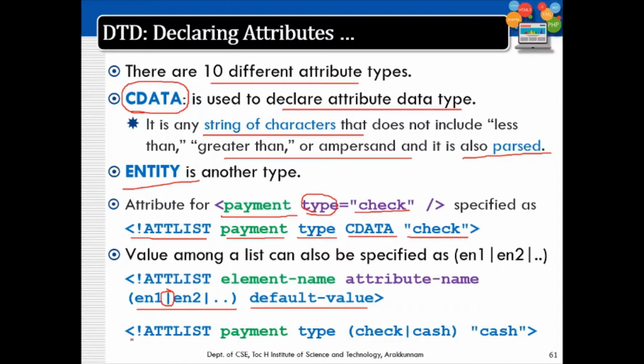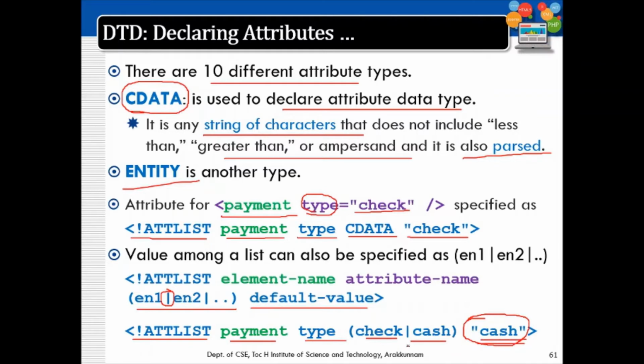This is an example: ATTLIST payment type, within brackets you can mention check or cash. So only two possible values of this type are check or cash. If I give something else, credit card or something, that will be invalid. And the default value, if I don't mention any attribute value, this default value will be taken.